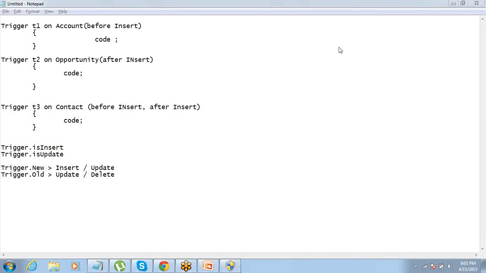Number of records, Swati. Trigger.size is what you're talking about, right? Okay, so Trigger.old or Trigger.new is the list of records. Trigger.new is a list of records.